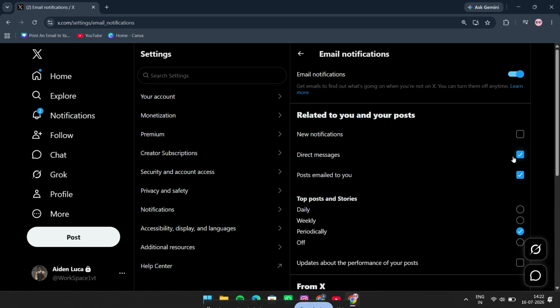To stop those email alerts, simply toggle off direct messages. Once that switch is off, X will no longer send direct message notifications to your email address. That's it. You've now turned off direct message email notifications on X, so your inbox should be much cleaner and